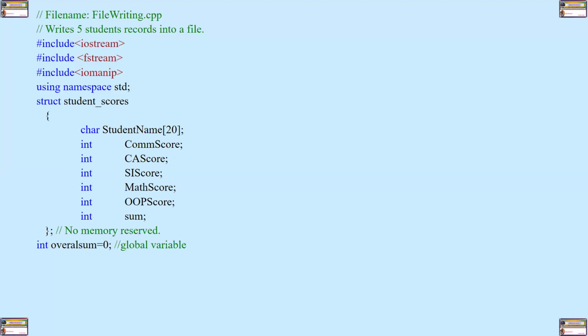Then I have a global variable called overall sum for the purposes of computing sum from a number of functions. Then my program is going to make use of some functions. Because these function definitions have been done after the main, I have to prototype them. So the first one is get data. This one is supposed to get data which is to be entered into the structure called student scores. So this